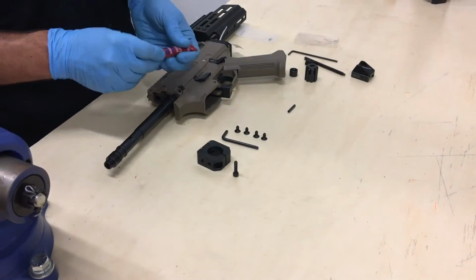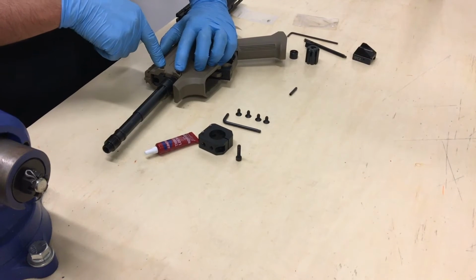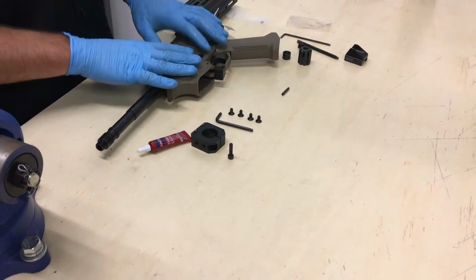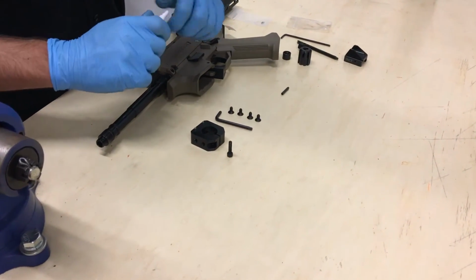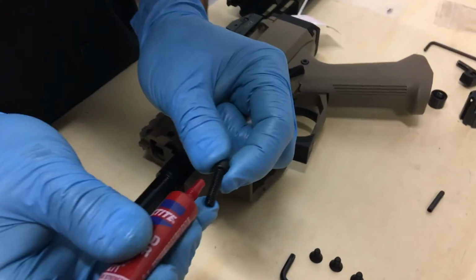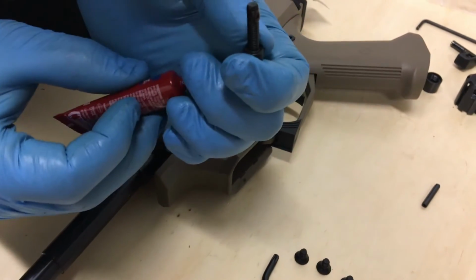If you use red and want to apply heat later, you can take out these 2 3mm screws in the upper receiver and get the trunnion out and then apply heat to it, so you don't have to apply heat to it while it's in the polymer receiver. So let's use our red Loctite. We're going to apply just a drop to the threads on our longer T25 screw,